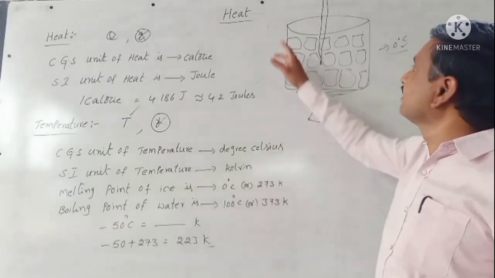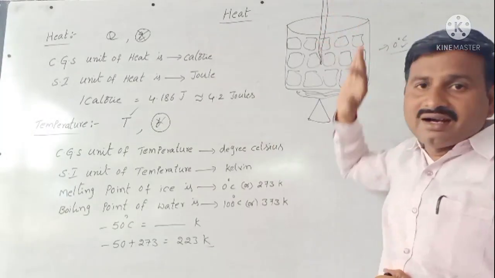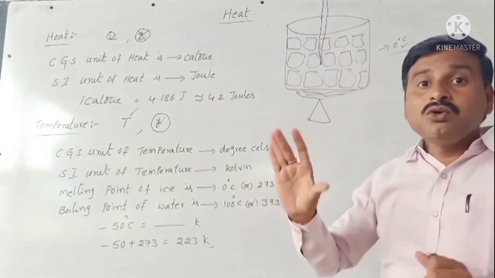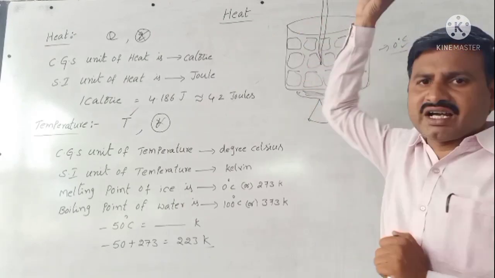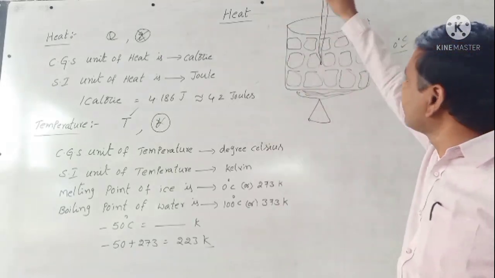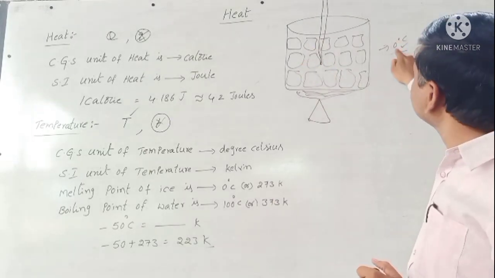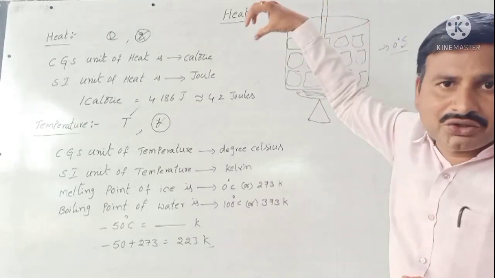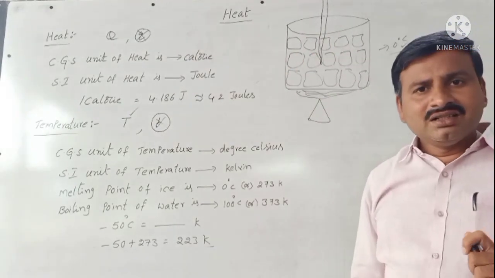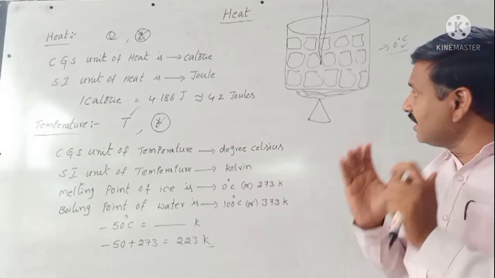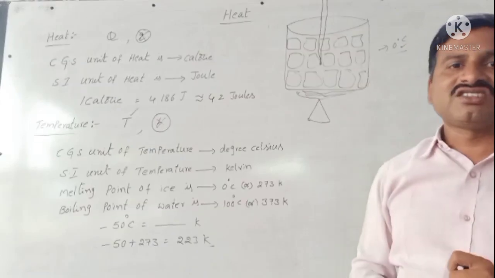What is the activity here saying? Take a beaker and fill it with ice cubes. Now insert a thermometer into the beaker. Put this apparatus on a burner and heat slowly. The entire ice cubes were converted into water. Again you keep a thermometer in this. It showed 0 degrees Celsius for the ice cubes, and after the ice cubes were converted into water it also showed 0 degrees Celsius. What do we conclude? We conclude that when ice is melting, the temperature remains constant.